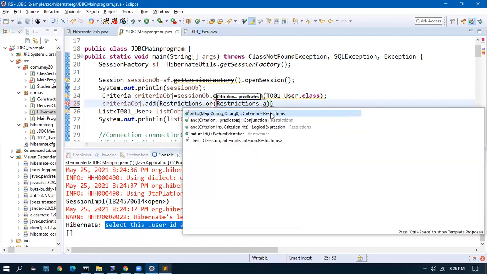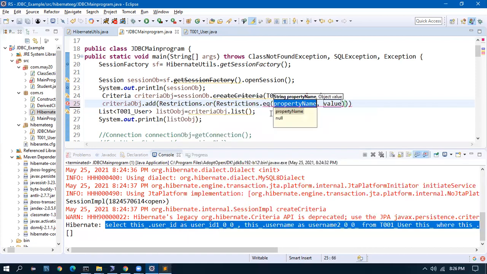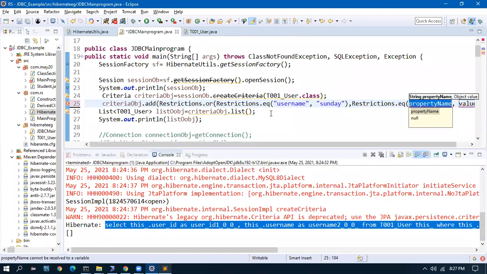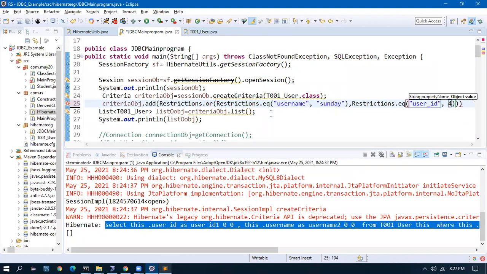Here I should add restrictions dot equal, what is the name, username, Sunday, comma, I should close this bracket, comma, restrictions dot equals user ID 4. Okay, so everything is good.